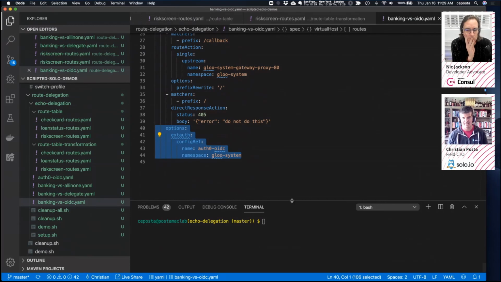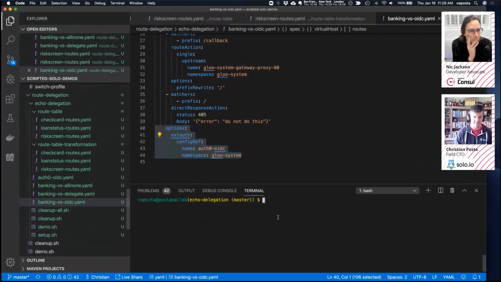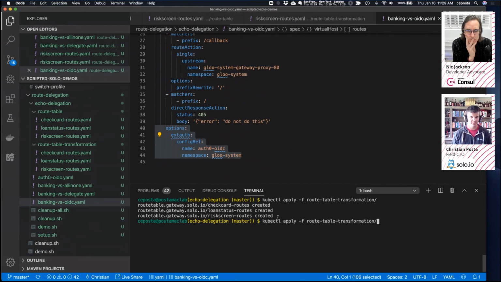So if I deploy this here, first of all let's do the route table. We'll do transformation. Let's apply the various route tables first. And then we're going to deploy the banking OIDC. So we'll have the full separation where the developers, in their route tables, have the routes and the transformations defined. On the virtual service, which is delegating, the virtual service itself will have its security defined, its domain defined, rate limiting, whatever. So if I apply this,